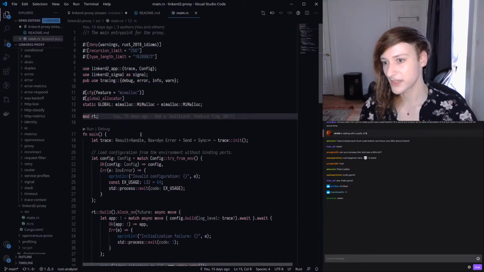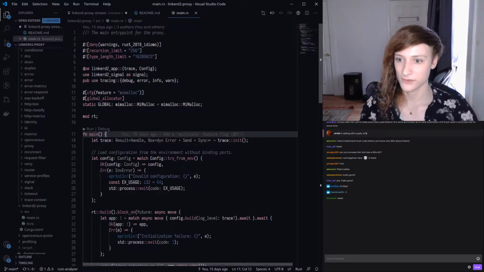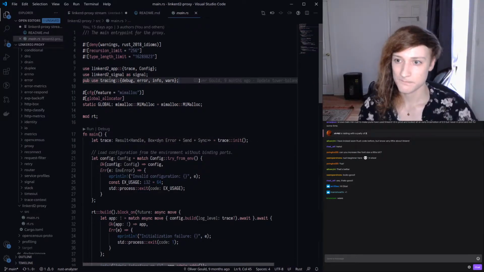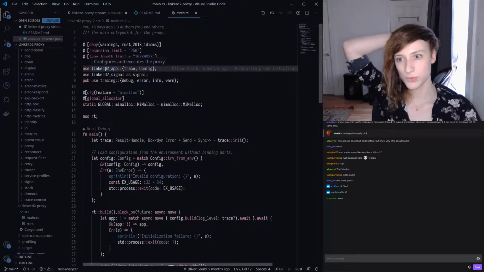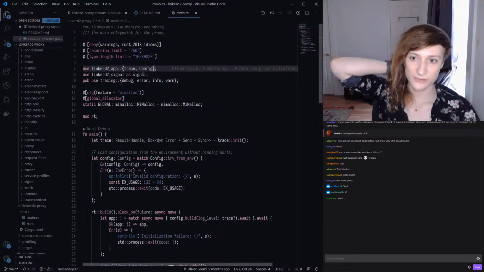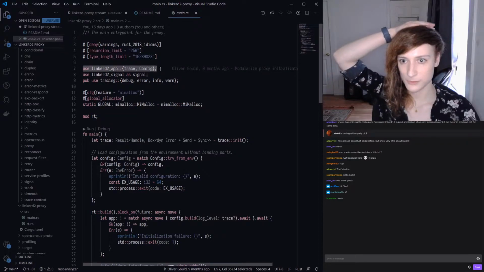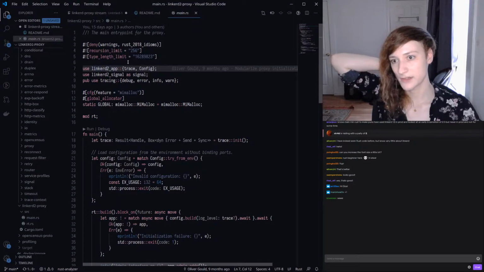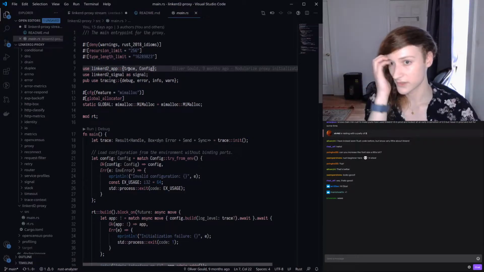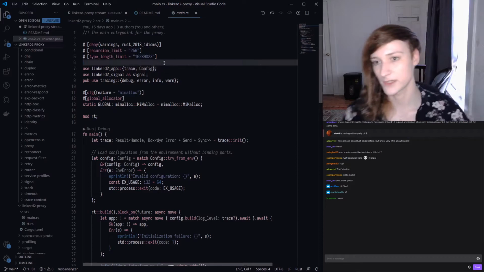And so for basic Rust syntax, we'll start here in the main.rs file. Rust has a module system, so you import names like types and functions from modules with use statements like what we see here. So we're using the linkerd2 app crate, and we're importing the module trace in that crate, and we're importing a type called Config.